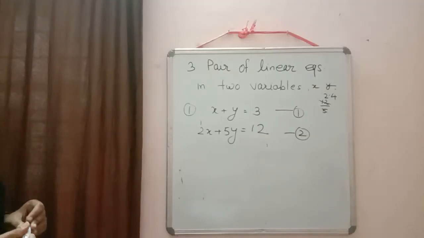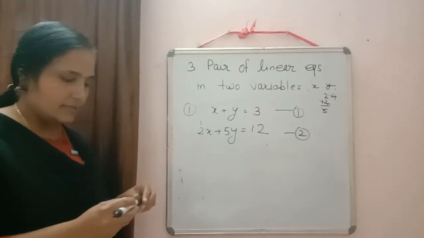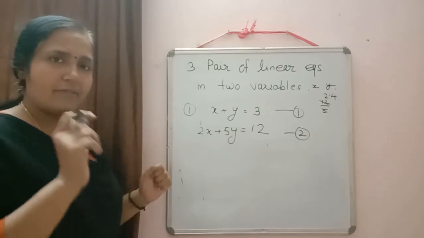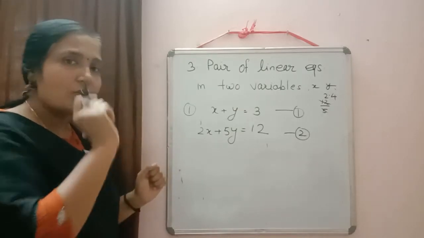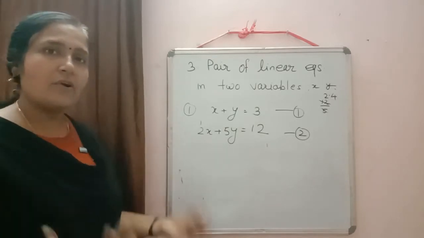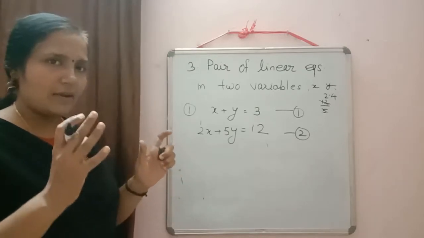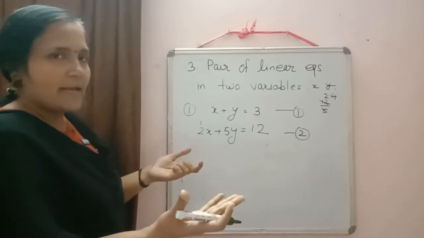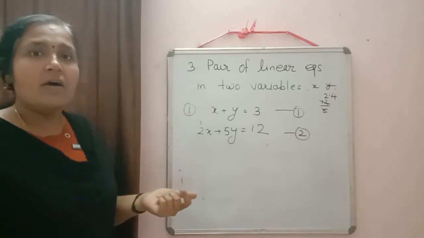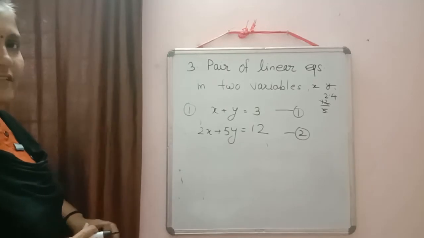Now, we have seen in the graph that the lines of these 2 equations intersect at one point, and we said that point is the solution of these 2 equations. But how can we always draw the graph? So is there any condition we can obtain, without drawing the graph, to say whether the solution exists or not? So here we will compare the coefficients.